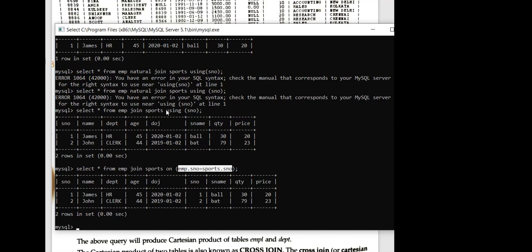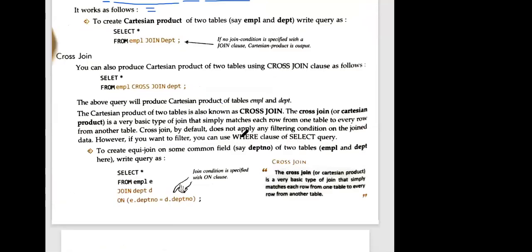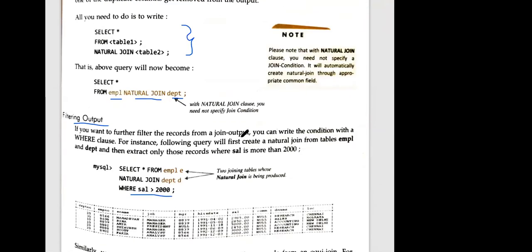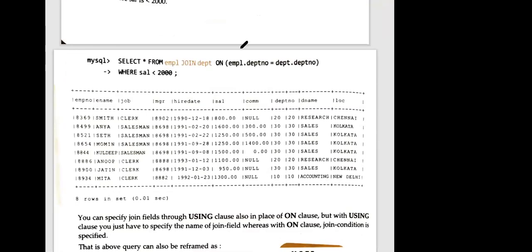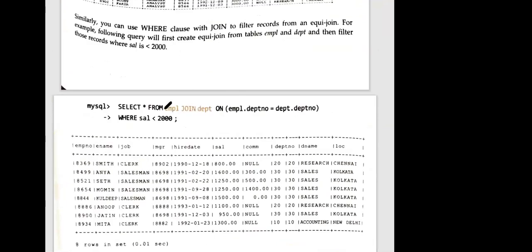Again, I am repeating, you must know the difference between USING and ON. In USING, we are passing only the common column, whereas in case of ON, we are writing the condition on the basis of equijoin. Okay. So this is what we were supposed to know related to your cross join, your equijoin, your natural join. Now after this, you are having left join and right join. Okay, now you can see some examples are also given over here.